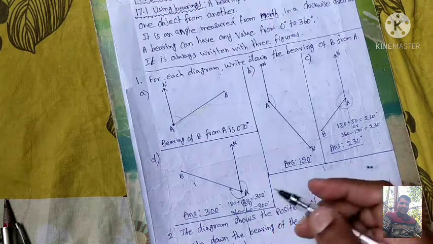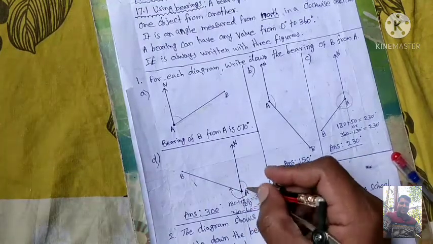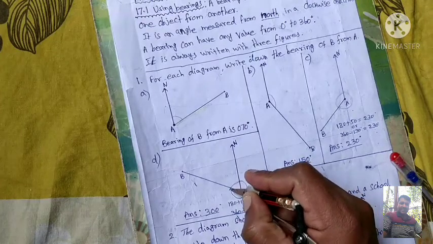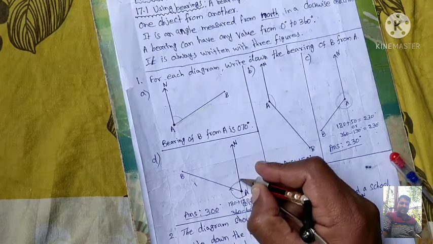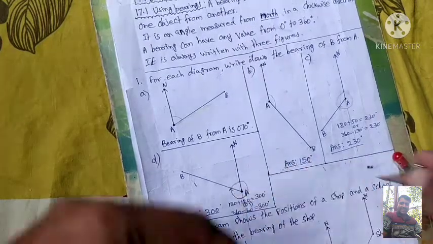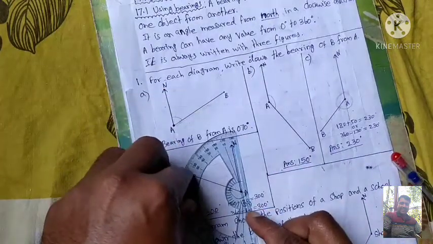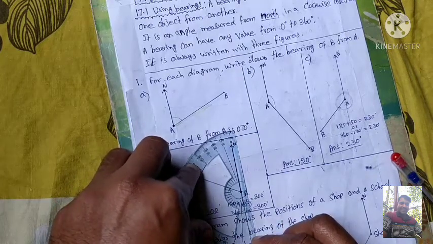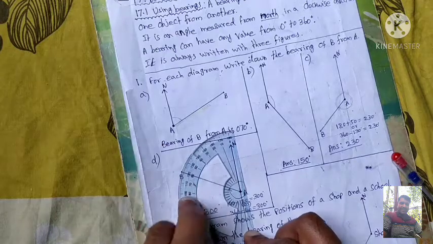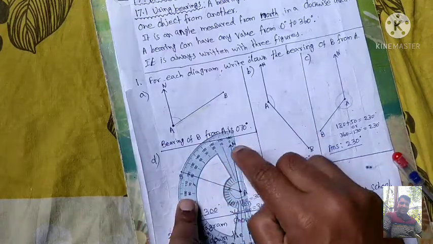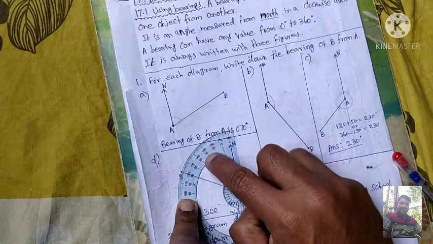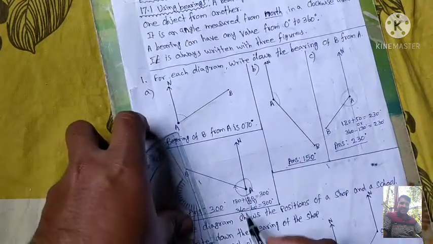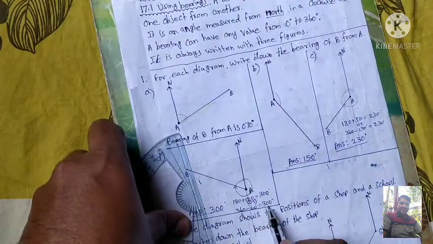Now we can use the next method also. So already you know that this is the complete angle. If you want to find this angle, you can subtract this one from 360, we will get the answer. So 360 minus, measure this angle. Again I am putting my protractor and you can see it must be on the straight line and A must be on the center point. Now you can see we are going to measure this angle, is that right, from here to here. 0, 10, 20, 30, 40, 50, 60 degree. It is in 60 degree. So 360 minus 60 degree, we got 300 degree.